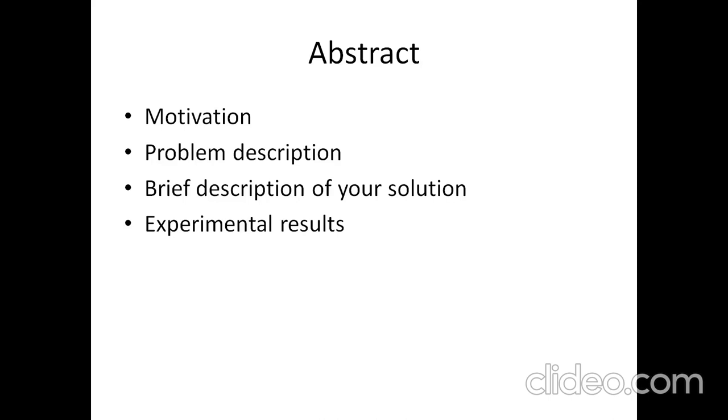Describe what you want to do. And then what is your solution for that particular problem. And finally, you will present the experimental result, that how you evaluated, how you tested your technique. So today we will discuss motivation